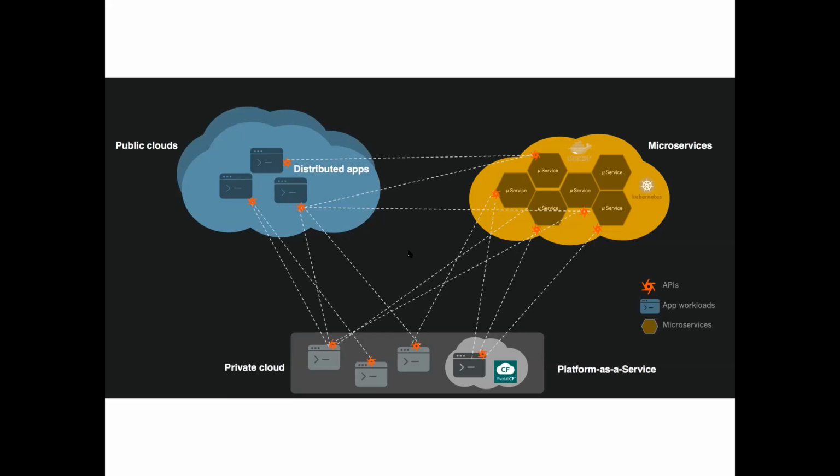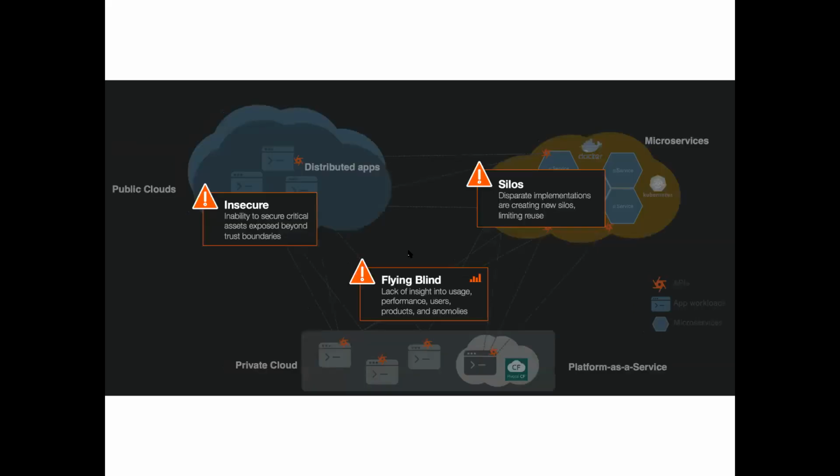So that's not all. What we need to see is, where are the vulnerabilities? The vulnerabilities can be like flying blind, like the users can be there. They can be throttling going on. They can be latency attacks going on at the same time. So we need to be aware of this. We could have an insecure asset through the trust boundary, or we could have silo applications limiting the use